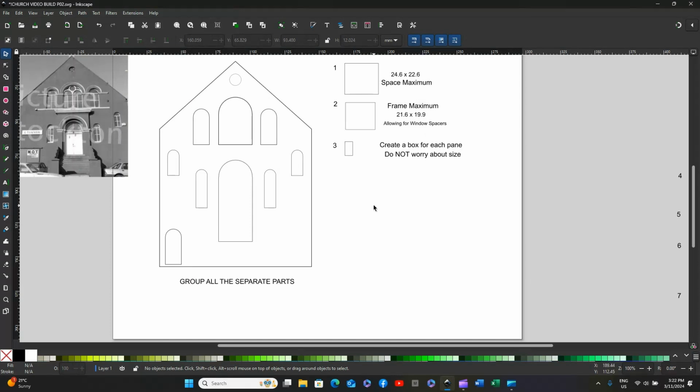The next is to create a box for each pane. Now don't worry about the size, just create something around the size you think will fit in there. Now duplicate those frames or that frame 4 times. The next thing is to surround the 4 boxes,